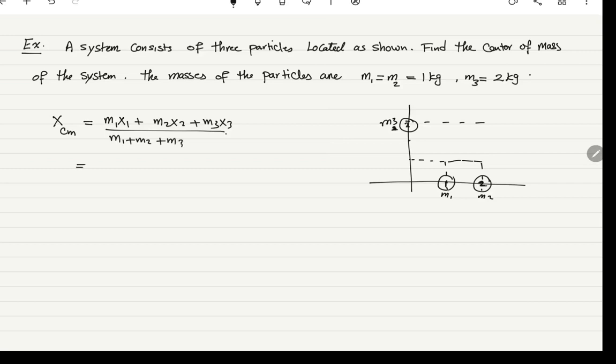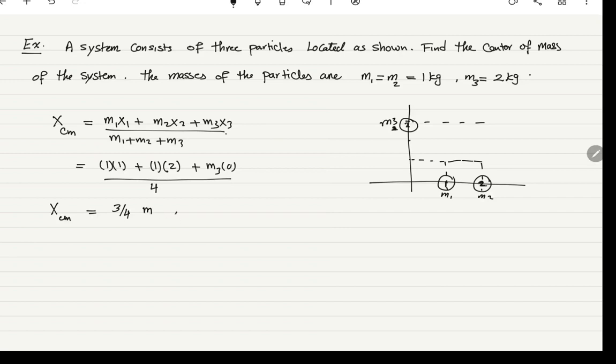Now m1 is equal to 1 times the distance from the origin, which is 1, plus m2, again 1, and the distance is 2, plus m3, and the distance is 0, divided by 1 plus 1 plus 2, which is 4. So the x center of mass in this case equals 1 plus 2, 3 over 4